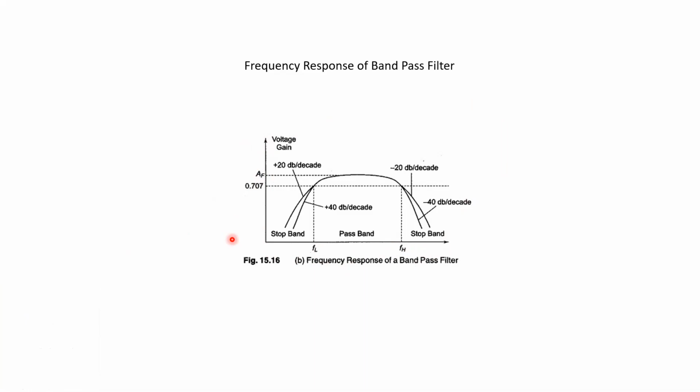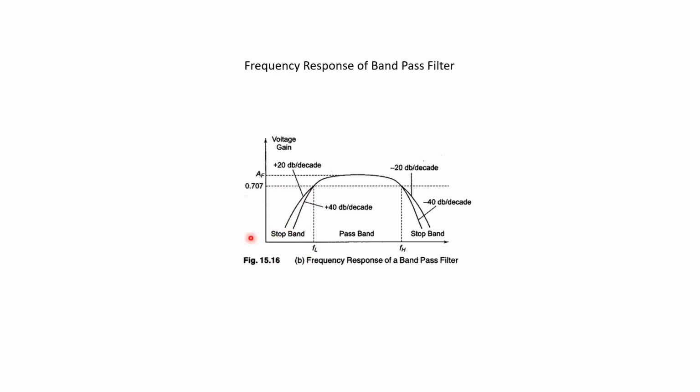Let's suppose we have taken it as the absolute gain. Then you can see that in the case of a band pass filter, when we have very small frequencies, the filter will not allow the signal to pass through, and the gain offered by the filter will be very small. Here you can see that at this point the gain is very small.